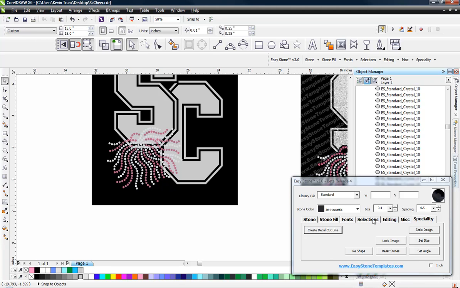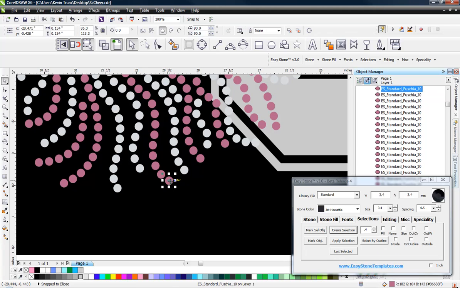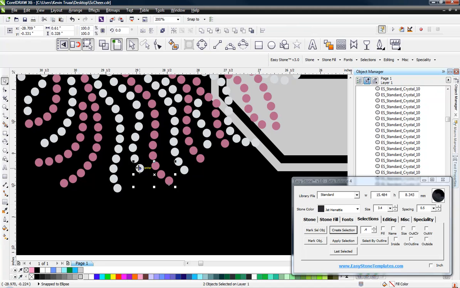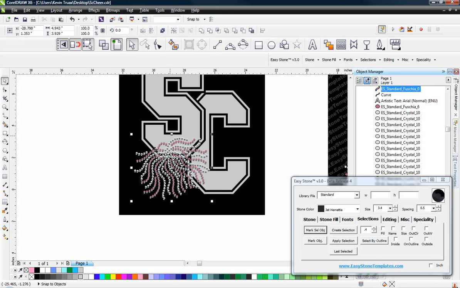So what I did, when I discovered that, was use a tool here in EasyStone to help eliminate the problem. We're going to select a pink stone, hold the shift key down and select a crystal stone, and come to our Selections tab and click on Mark Selected Object. Now what I think is happening is there's a mysterious hidden object that the Create Decal Cut Line feature does not like. And so we're going to select everything again where our rhinestones are,